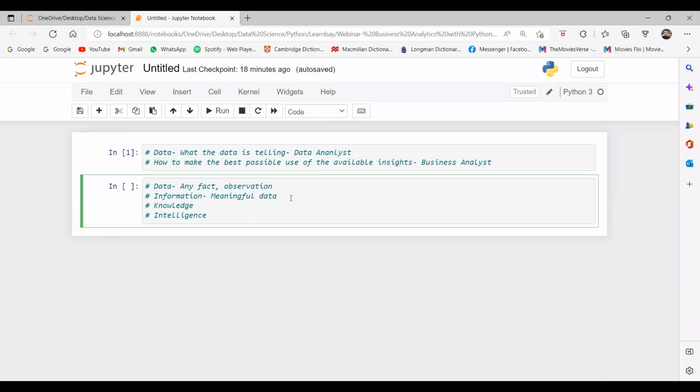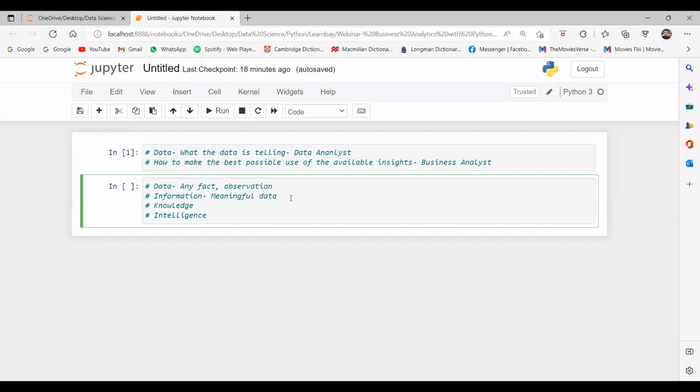So if I talk about this example, a data analyst is confined from data to information. Are you getting my point? A data analyst collects data, gathers data, cleans data. Whatever the data is saying, he draws some insights from the data. Okay, that is what the data is telling. Now you know what to do. I don't bother at all about that.